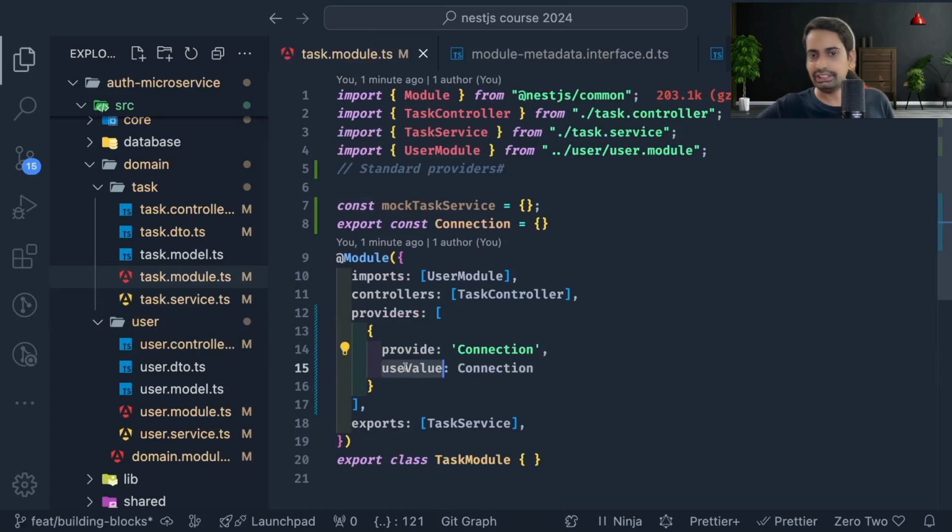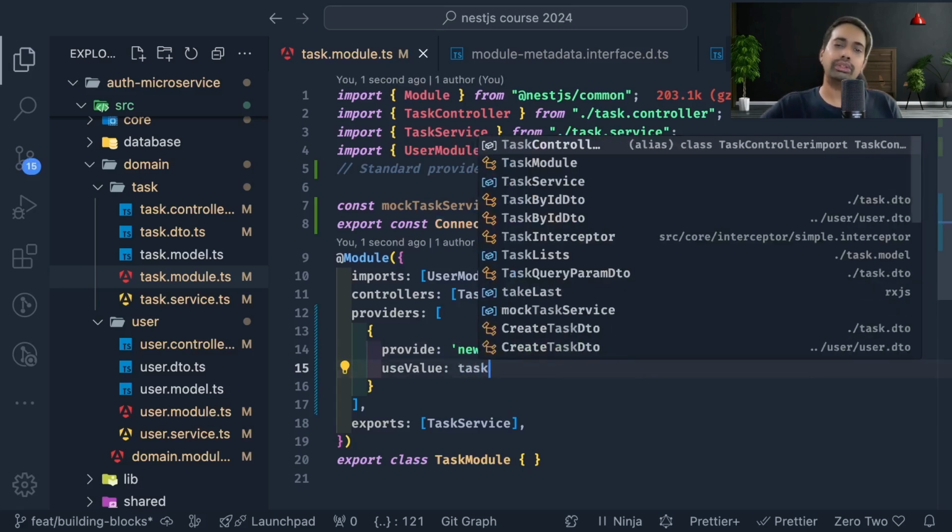Like connection is an injectable token, and wherever you are going to dependency inject this connection, it is going to receive the connection value using use value. So we have seen use class, use value, and this is known class-based token injection. It can be anything. It's just like a service, or just like a string. Wherever you are going to inject, you need to use this particular keyword.